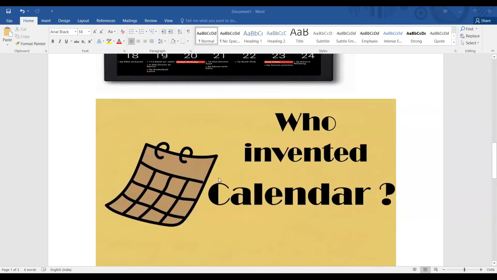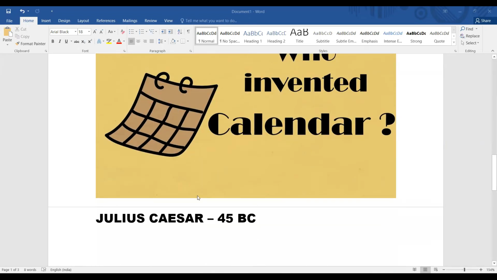Okay, so who invented these types of calendars? Why do we want a calendar? We all know that it is to schedule our events or keep us in memory of every national and international festival. Yes or no? Who invented this? Let us zoom in. It is none other than Julius Caesar. Okay, he only